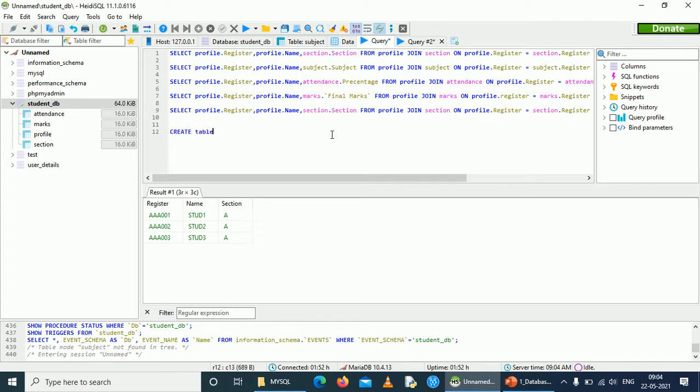Create table subject, register, and this data type is varchar, and subject name, this is also varchar.